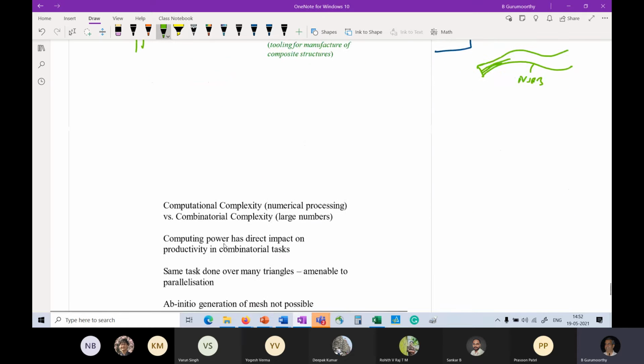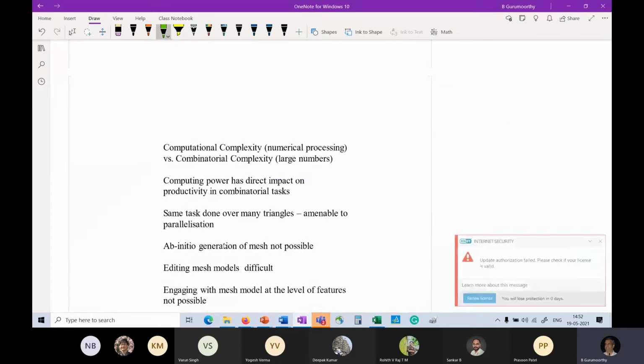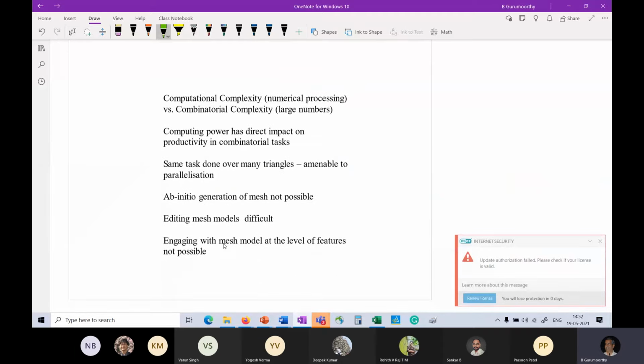Finally, just to see where we are at. The reason why the mesh representation is very, very attractive to a lot of applications is the first bullet here. And it may say something that looks very abstract to you, but I will try to explain this: computational complexity versus combinatorial complexity. If you look at the surface-surface intersection problem,